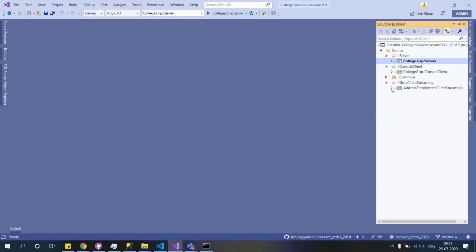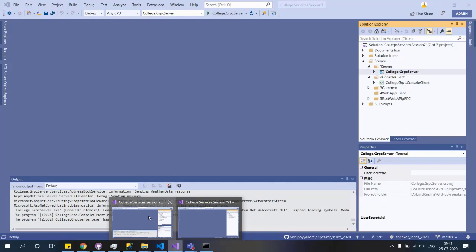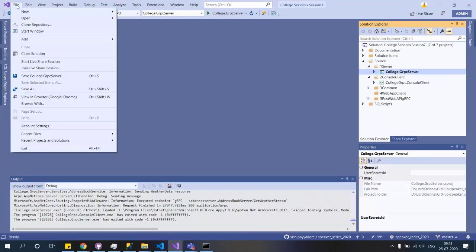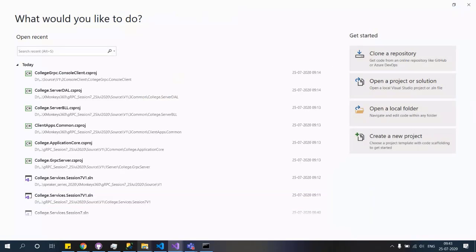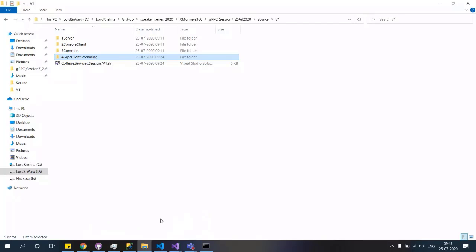Let's create a new project. I'll call this V2. I'll close this solution and create a V2 folder, and then we can copy some of the things, and we'll go ahead and create it.